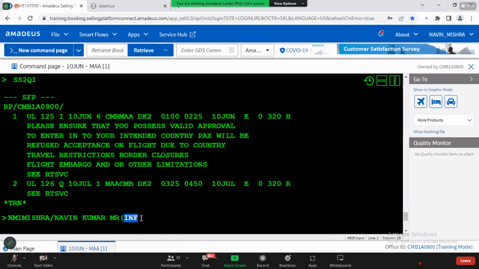It's an infant passenger. After this, I need to enter slash and the given name of the infant. So let's take an example in the passport of the infant, because obviously the infant passenger also has a passport, then he can travel internationally. So in the passport,